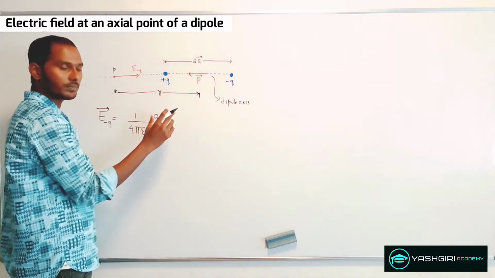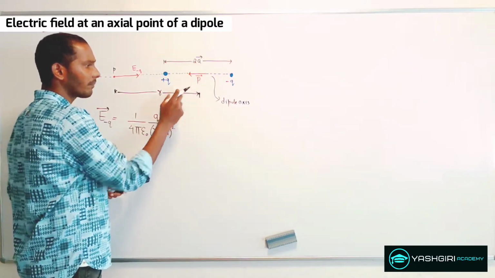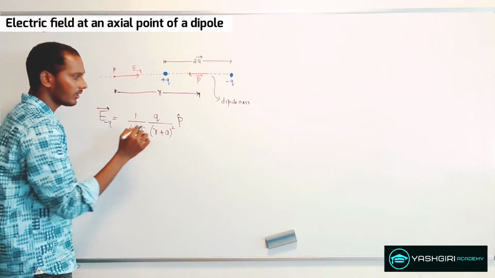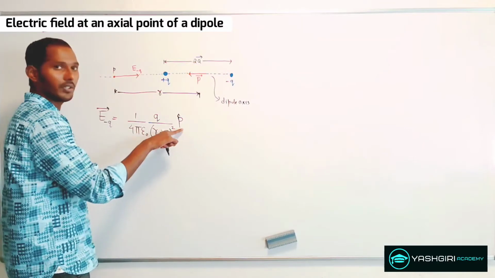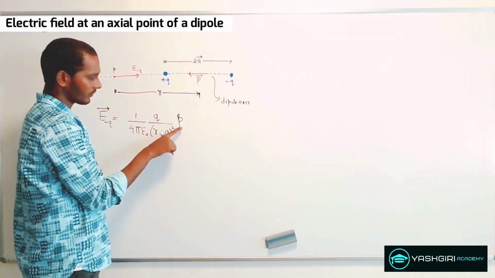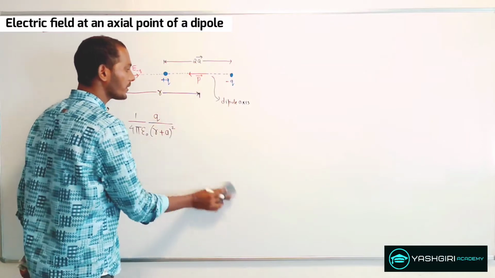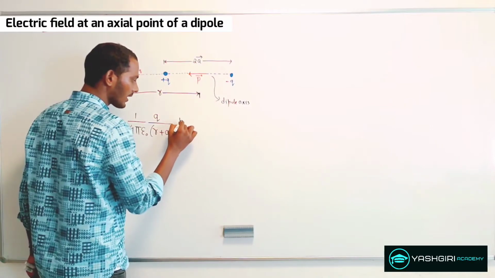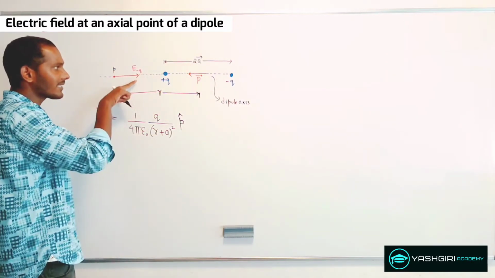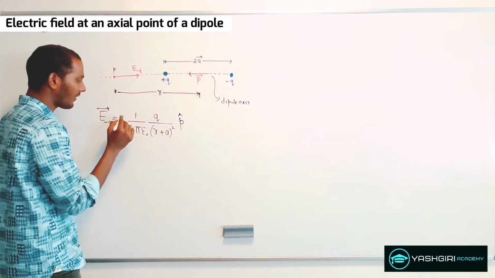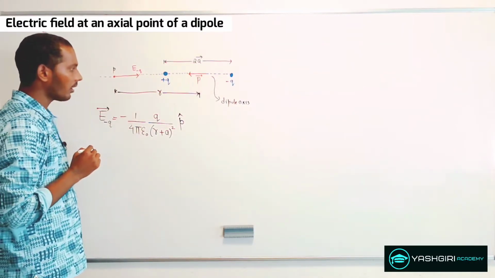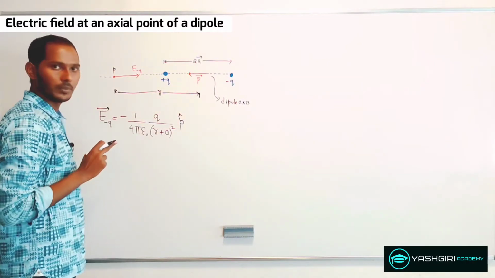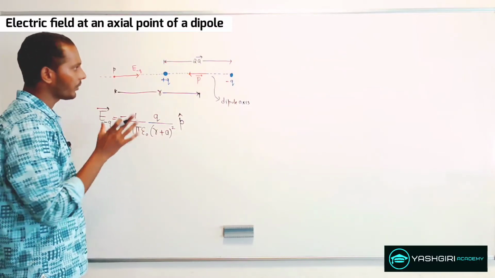So let me make use of a unit vector of this dipole moment. I can write it as p cap, and here what we know is that this unit vector of the dipole moment is exactly opposite to the unit vector of this electric field, which is produced by the negative charge. So in this case, I can just write this as p cap, and since this is exactly opposite to the electric field, I can make use of a negative sign. I am just writing the direction of the electric field with respect to this dipole moment. So we have got the electric field due to the negative charge.